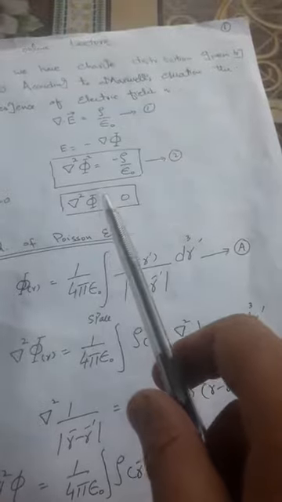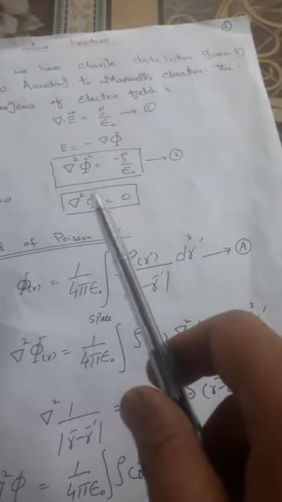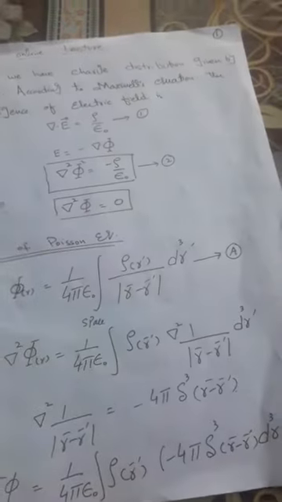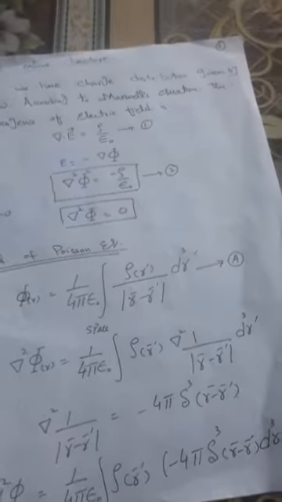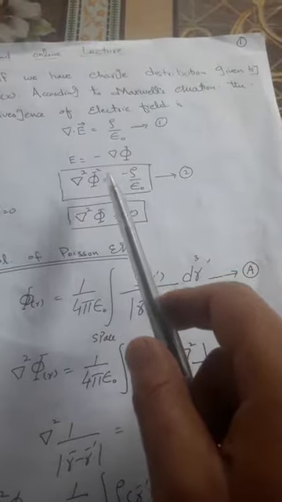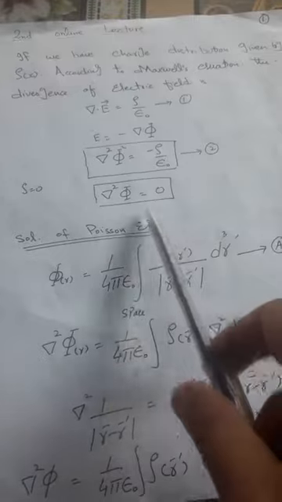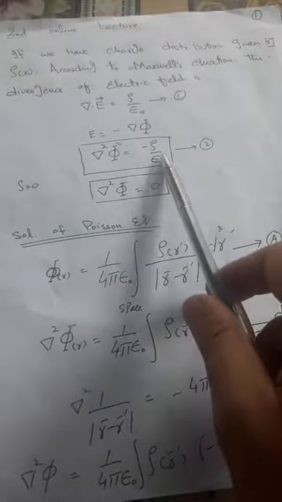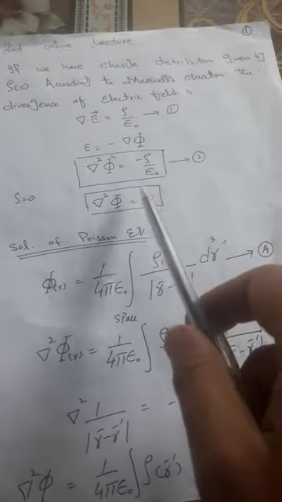Our fundamental interest is looking at the solutions of these two equations. That is, the situation where there is a charge density is given by the Poisson equation, and the regions that are source free are given by the Laplace equation. Let me go ahead with the solution of the Poisson equation. First I will solve this one, and then I will solve the Laplace equation.